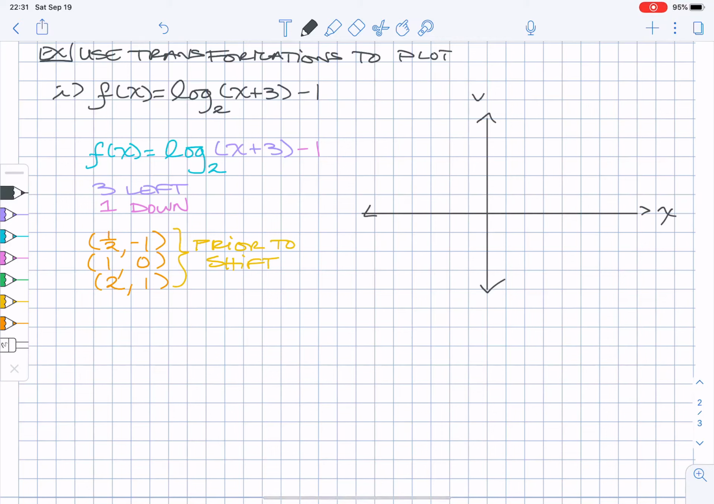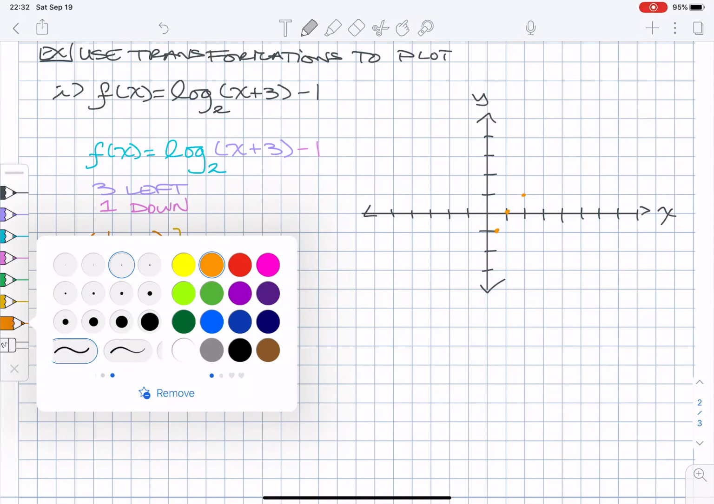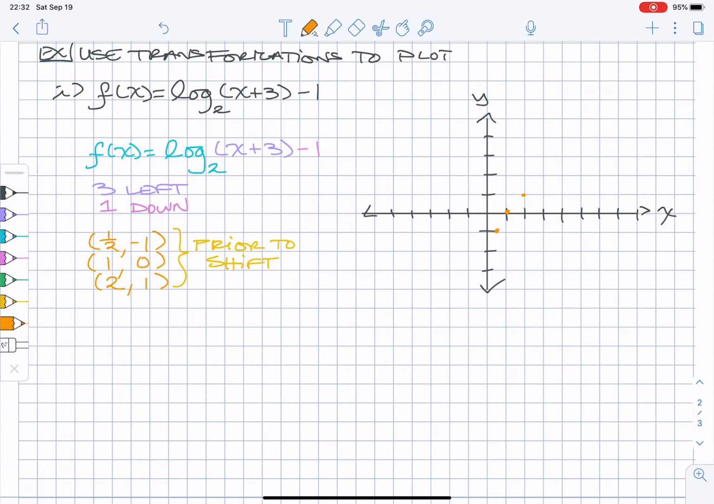So x and y axes. Prior to the shift, we had the points (1/2, -1), (1, 0), and (2, 1). So what we had then was a graph that looks something like,